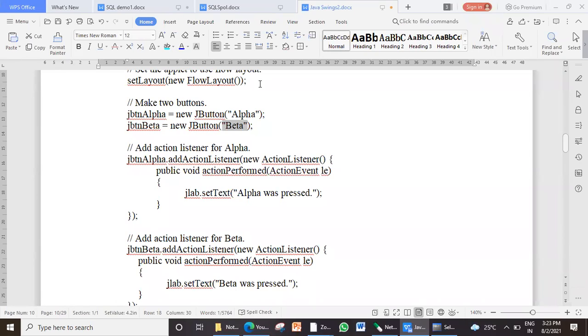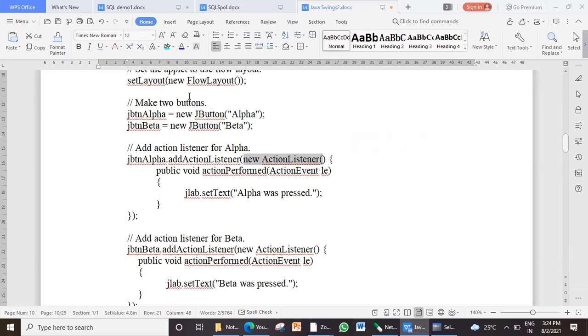Even though we have not implemented that listener interface here, I can directly or dynamically create an instance of that particular interface. This is the concept of anonymous inner class. See how and where I'm instantiating that listener. Normally we register with the listener using the method called addActionListener, and inside the brackets I should pass the instance of the class which has implemented this ActionListener.